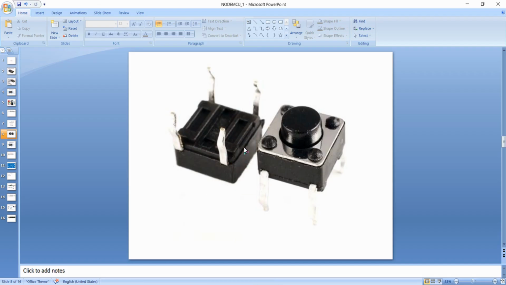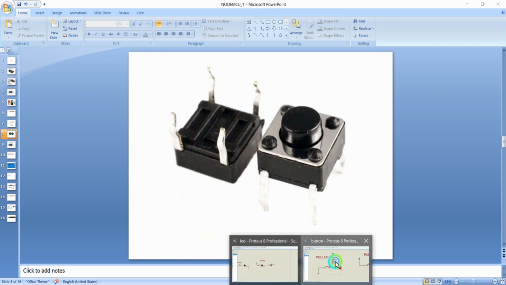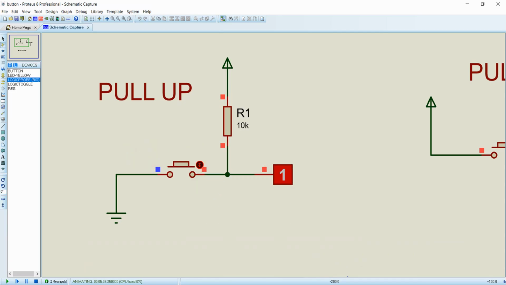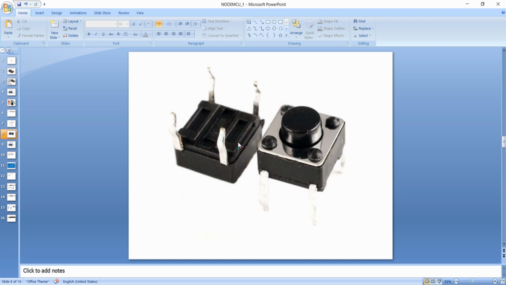So similarly, you can see we are having 4 terminals in this push button. You may have one question that here we are having only 2 terminals and here we are having 4 terminals. So the concept is simple. These 2 terminals right over here are commonly shorted, and these 2 terminals are commonly shorted. So this push button is also having only 2 terminals, but each of the terminals is having 2 terminals.